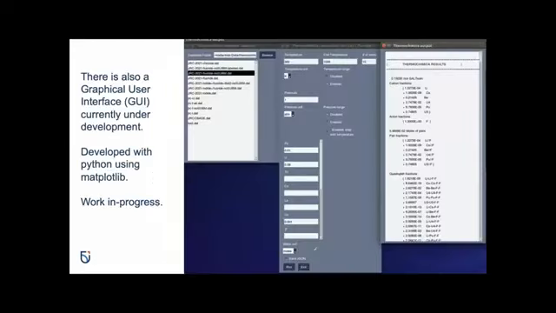Now, like I said, we're currently in development of a graphical user interface. So this is still very much in the testing stages, but gives a bit of an example of what can be done. So in this case here, instead of dealing with it entirely within the terminal, one can deal with a graphical user interface. And here we're again using this